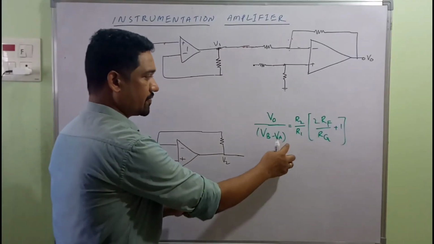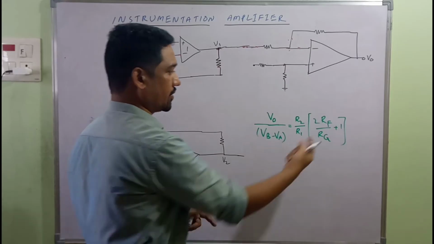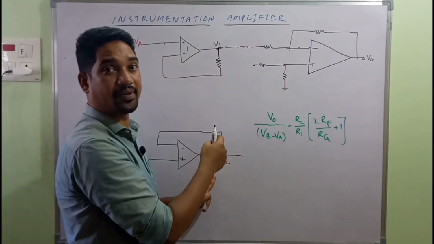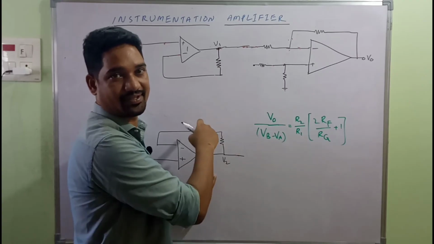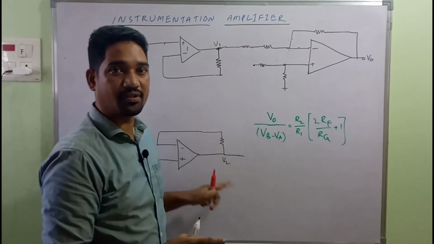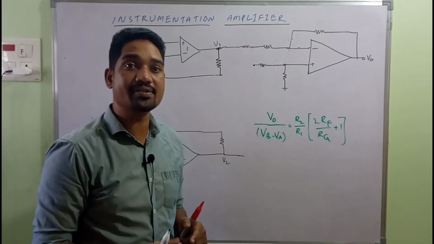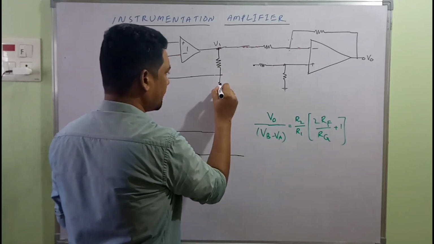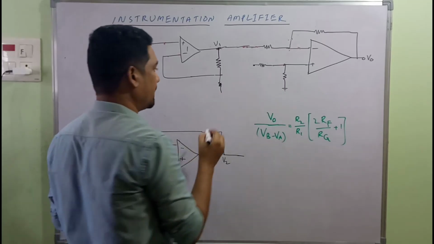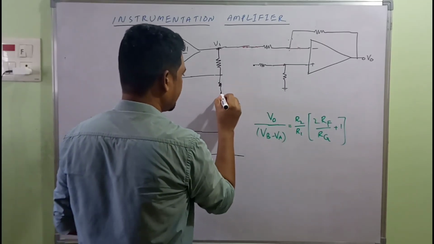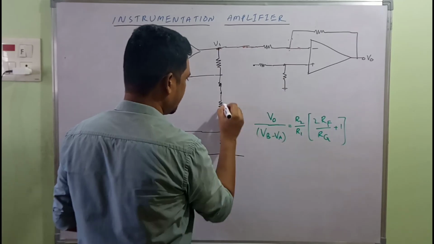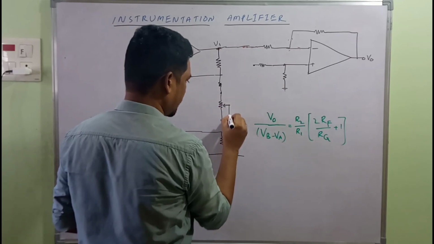Now this is the expression for the gain of the instrumentation amplifier. There is a small change in the arrangement of RG in a practical instrumentation amplifier. A practical instrumentation amplifier includes a potentiometer as RG. So how does that look? We'll have a small value of base resistance, including a potentiometer arrangement like here. We'll have a potentiometer like this one.